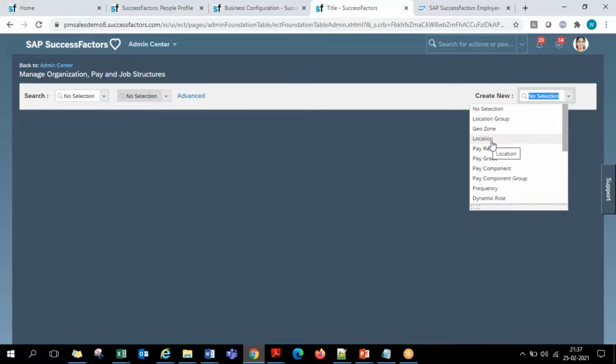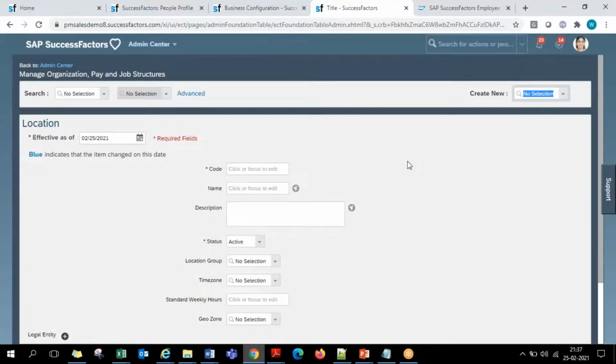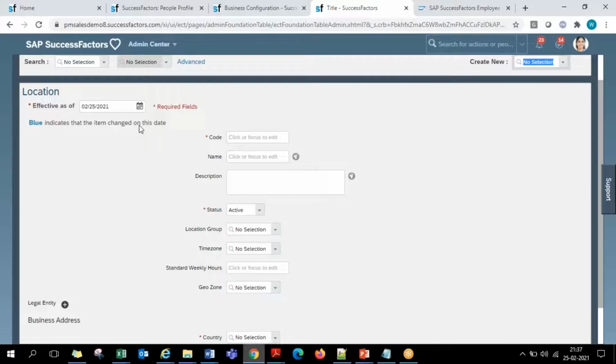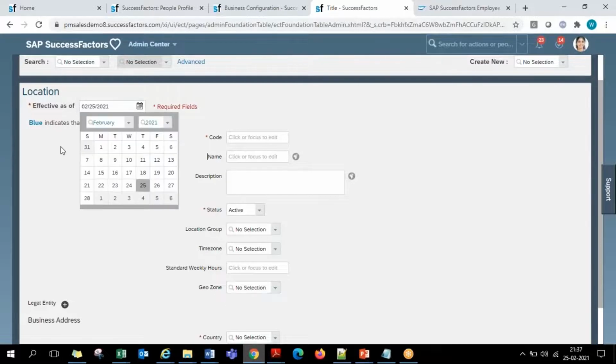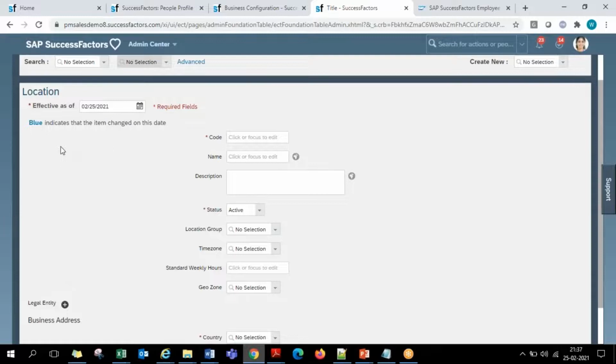So a location is not just a label. Bangalore, Mumbai, Delhi, it's not just a label. A location means you have a lot of fields that you are required to define. That is the effective start date: from which date is this location part of your business? For example, my business started in 2005, and my headquarters office is in Mumbai. After 2 years, I opened a branch office in Pune. After 4 more years, sometime in 2012, I opened one in Bangalore. So every location will have a start date, and that is the date we are required to record.